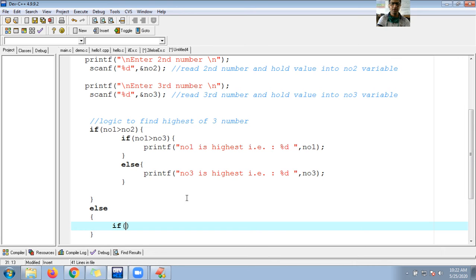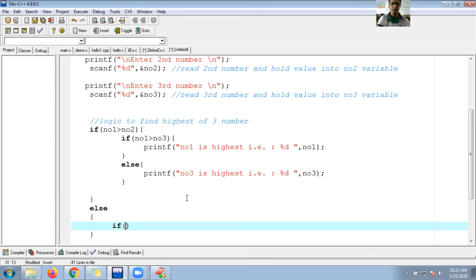Okay guys, so this is the logic. Let me explain the logic once again. Here first of all I'm trying to check number 1 with number 2. Suppose in the first case I entered 10, second I entered 20, and third I entered 30.